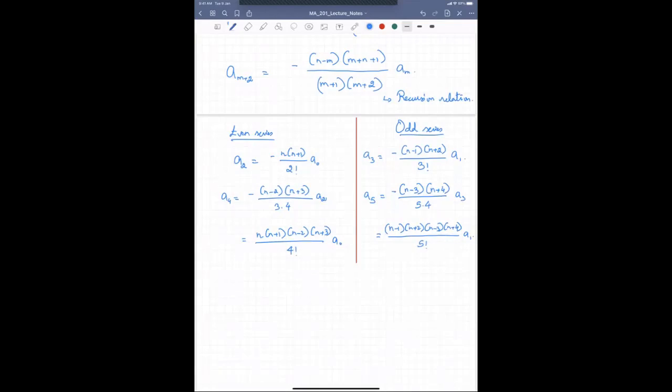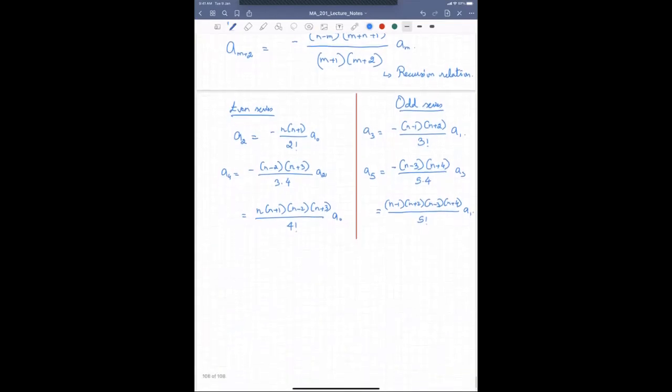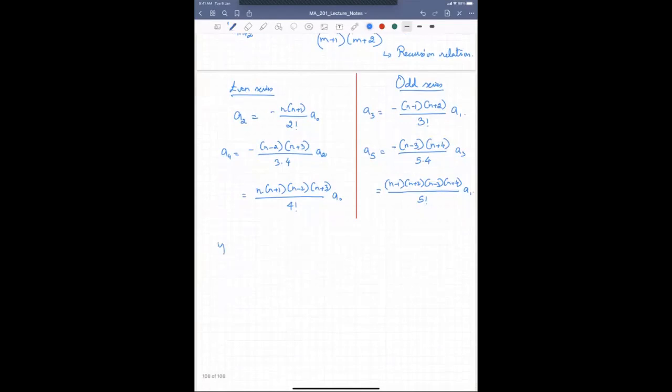So then I have written down my solution. What is my solution? My solution is y of x equals A0 times, the first term is obviously 1. The second term is minus (n+1) over 2 factorial x squared. My third term is plus (n+1)(n-2)(n+3) over 4 factorial x to the 4,